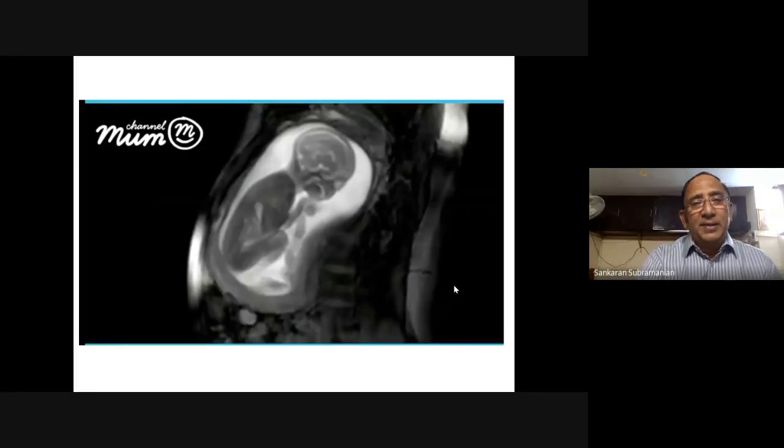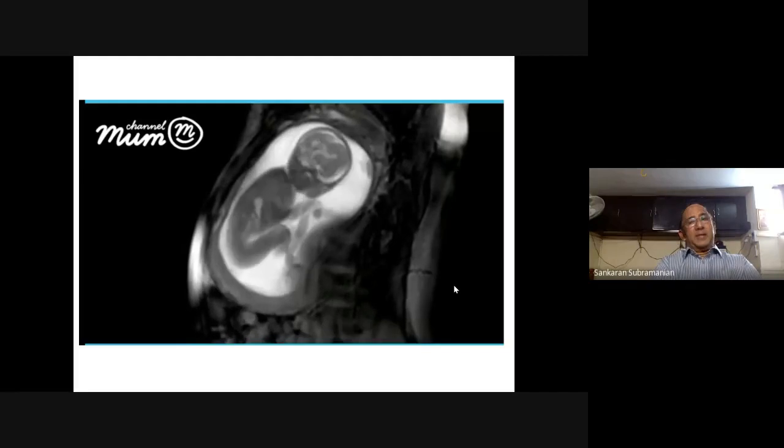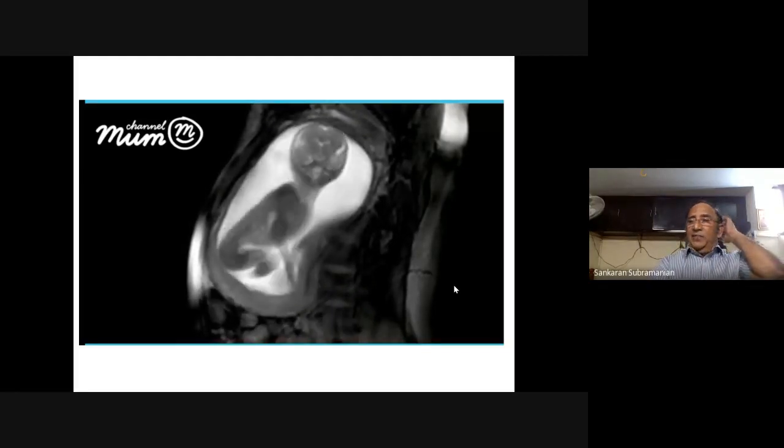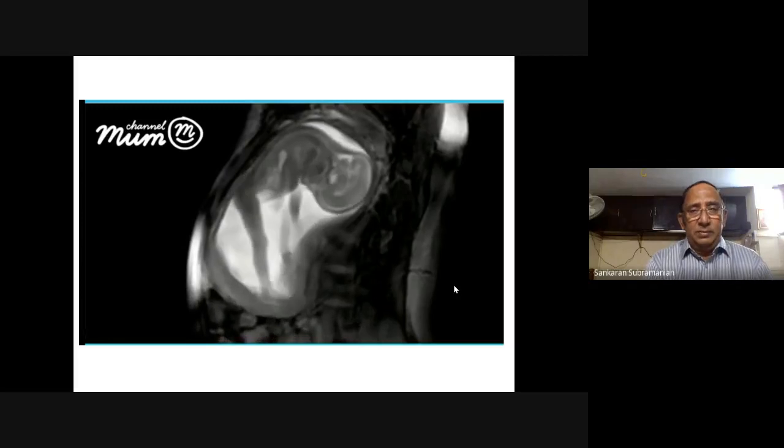This, for example, is a picture taken in the trimester of a baby inside the womb. Again, it's a two-dimensional sliced image across the womb of the lady, and it is taken with fast imaging techniques, and you can see the kind of gymnastics the child does inside the womb. See that.